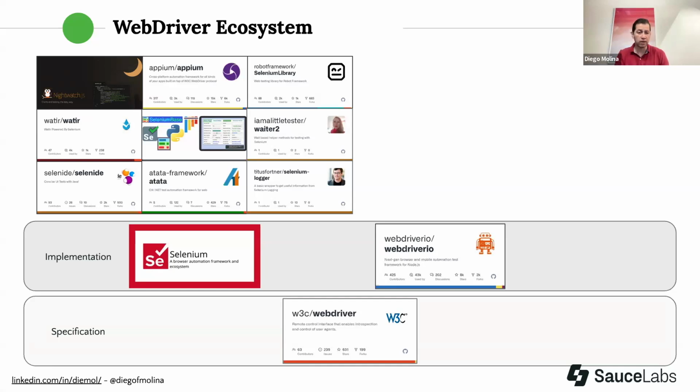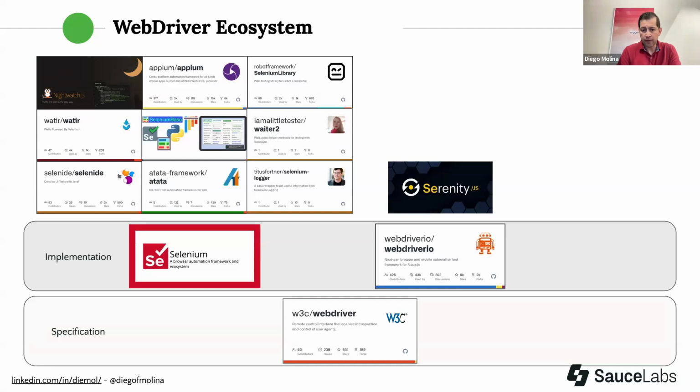It gives you reporting, it gives you assertion libraries, and so on. On top of that, you have something called Serenity, which is a tool that helps you abstract the implementation that is running under the hood. So, for example, you can do interesting things like write your test in an agnostic language. I mean, you still use JavaScript, but the definition of the steps is agnostic. And under the hood in a configuration file, you can say, execute this with Playwright, execute this with WebDriver.io,